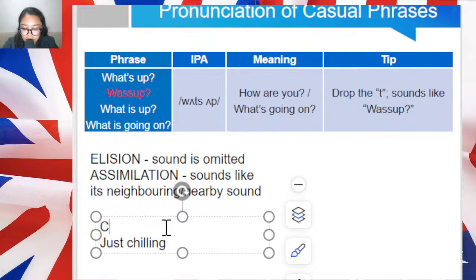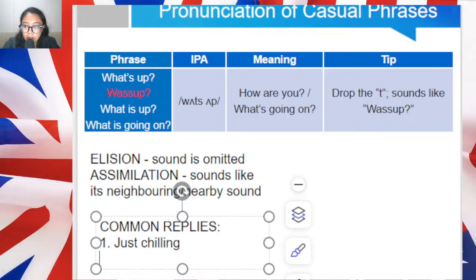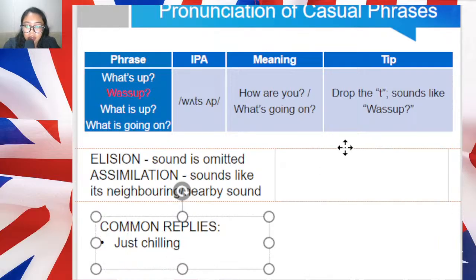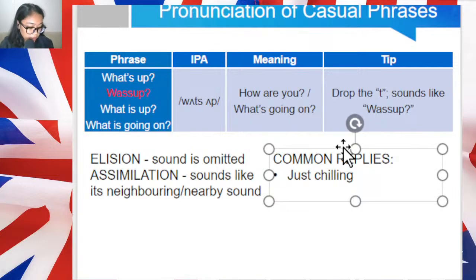Okay, let me put this one heading: common replies. Okay, first is "just chilling." What other way? What do you think? Another way to reply to this is, if you were messaged by your friend, "what's up?" you'll say, just chilling,